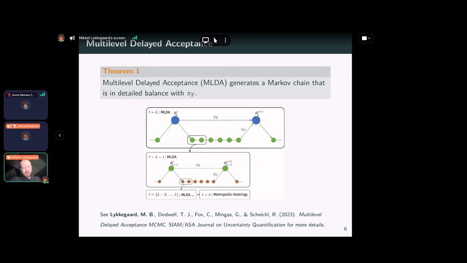And on the lowest level, you just run Metropolis-Hastings. If you design this right, you can really get a lot of bang for your buck with these types of algorithms. They're also relatively simple to implement. So yeah, that's multi-level delayed acceptance.